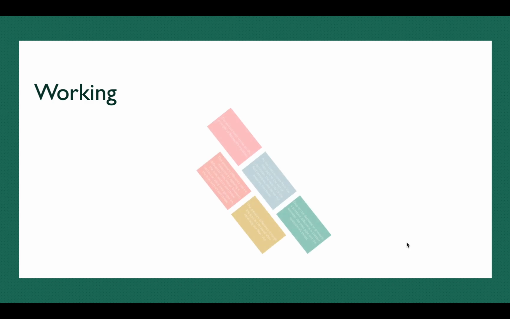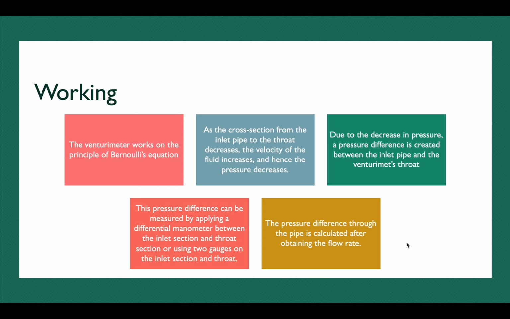Let's move on to the next topic, which is the working of the Venturimeter. The Venturimeter works on the principle of Bernoulli's equation. That is, the pressure decreases as the velocity increases. The cross section of the throat is less than the cross section of the inlet pipe. As the cross section from the inlet pipe to the throat decreases, the velocity of fluid increases and hence the pressure decreases. Due to the decrease in pressure, a pressure difference is created between the inlet pipe and the Venturimeter's